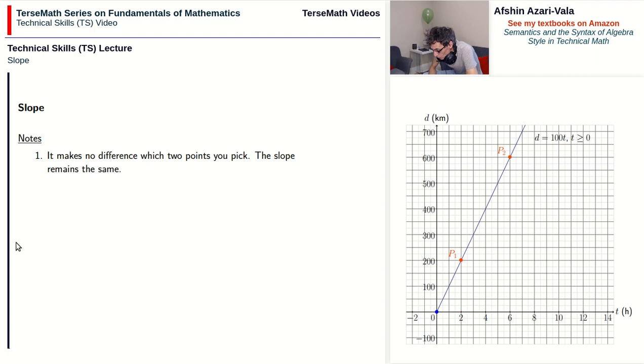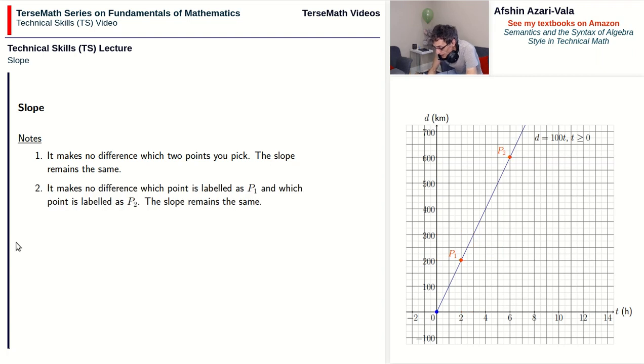Now, note number 2 is that it also makes no difference which point you call point 1 and which one you call point 2. As an example of how that works, let's take a look at these 2 points. This one is right now point 1, and this one is point 2. And after we find the slope, we'll talk about what happens when you switch them. So for point 1 and point 2,